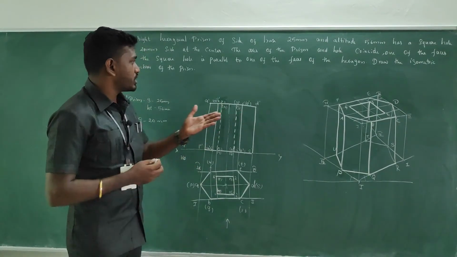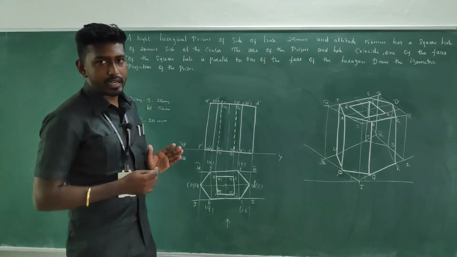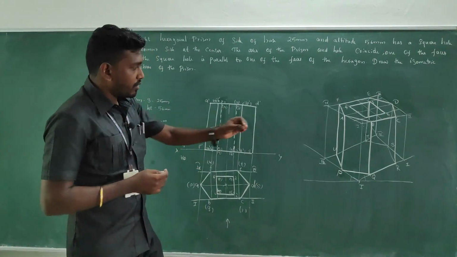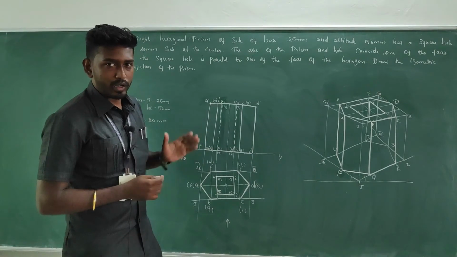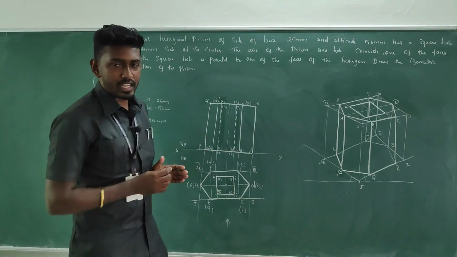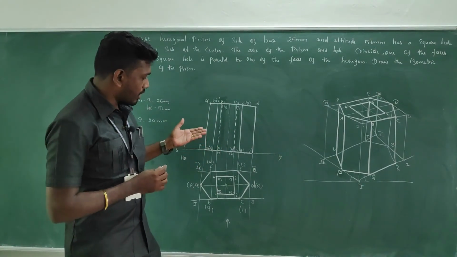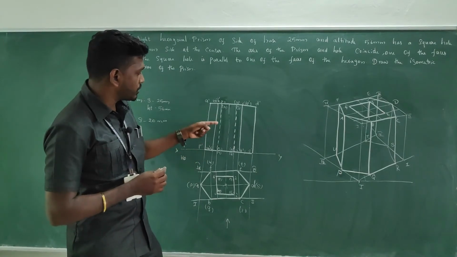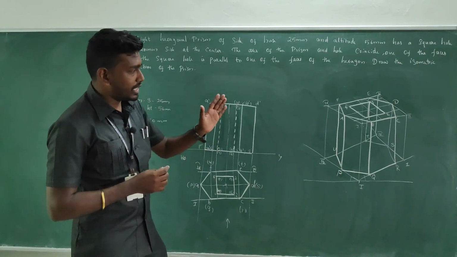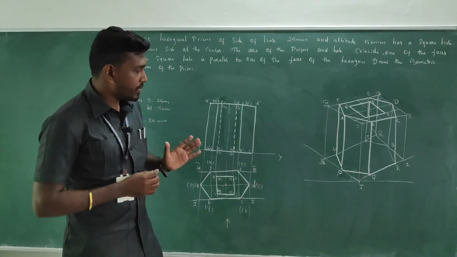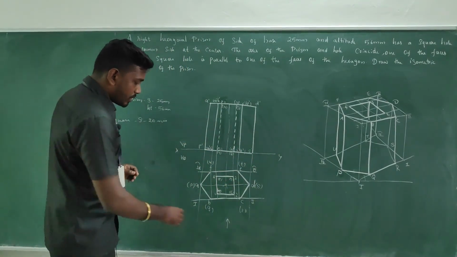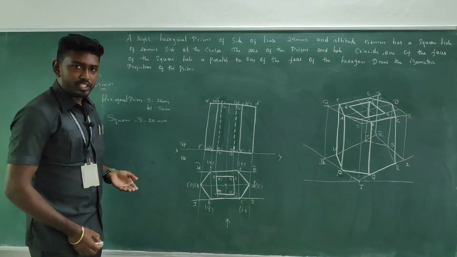And as far as isometric projection is concerned, we should not mark any hidden edges. Whatever things are visible, you need to mark as dark. Just like the orthographic method, you should not draw dashed lines. Only the visible edges should be captured on your profile, okay, fine. Then you can mark the dimensions.